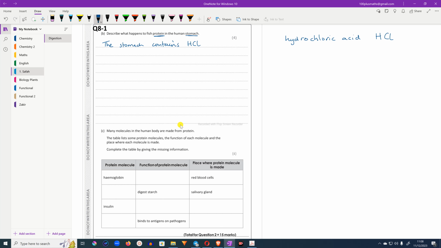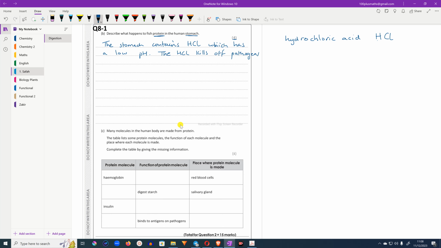H and then hydrogen and chlorine. Hydrochloric acid has a low pH. Right, and then the hydrochloric acid kills off pathogens. It's a 4 marker, kills off